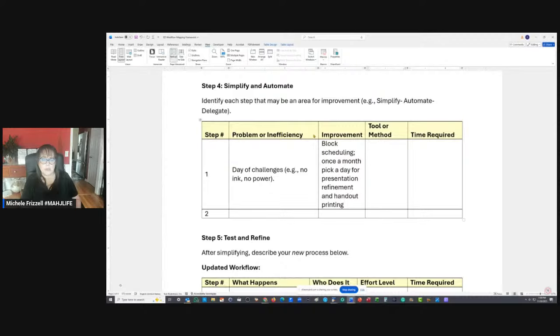The tools or method, that's all the same. No change there. Now the time required: if you're doing all 3 presentations, you're going to be able to focus and leverage momentum. If you have 3 presentations, and let's say it takes you an hour and a half per presentation, if you do it 3 separate times, that's 4.5, let's say 5 hours.